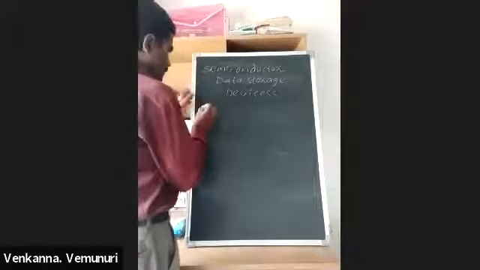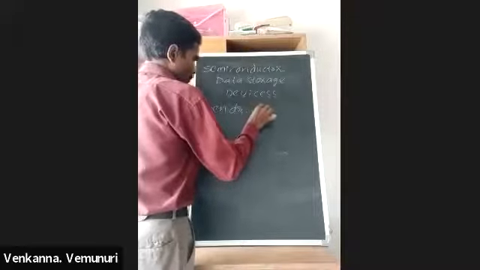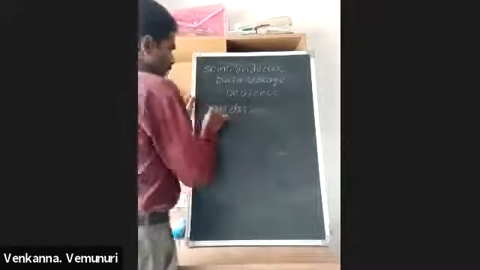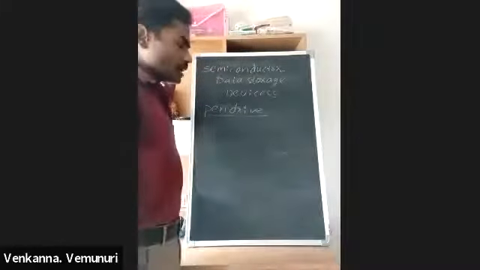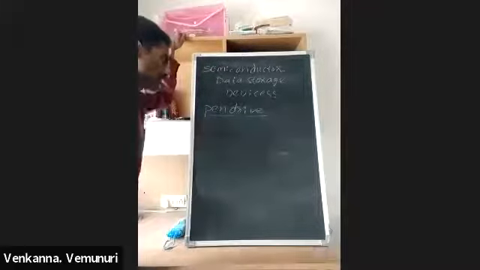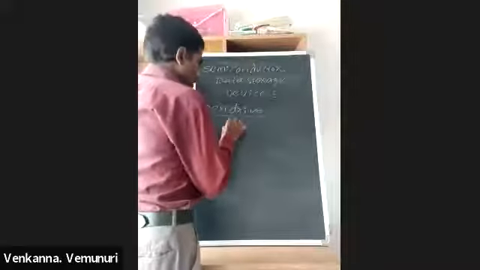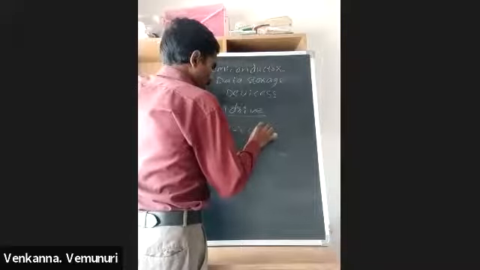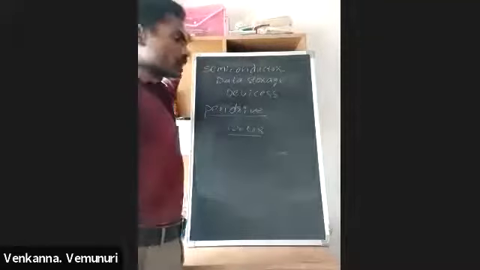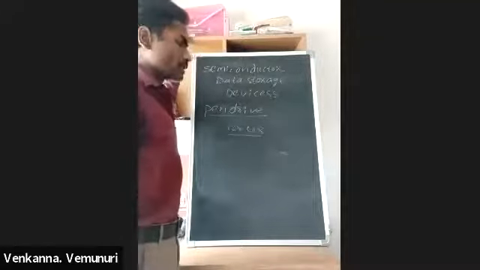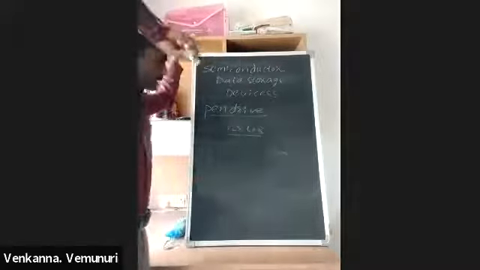Now, the pen drive. A pen drive has a memory chip, meaning it is a memory storage device. At present on the market, the maximum pen drive capacity is 128 GB. A pen drive is also available in classes: class 2 pen drive, class 10 pen drive. Class 10 means the data transfer speed is high.